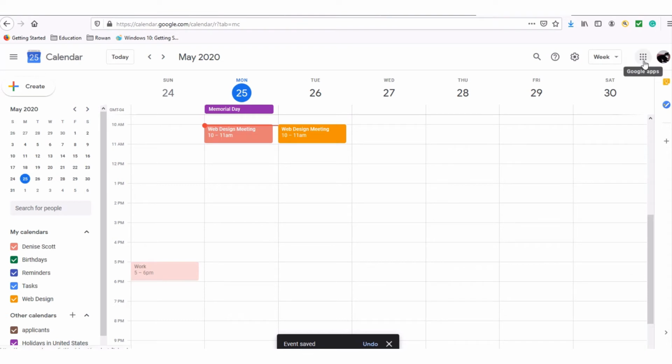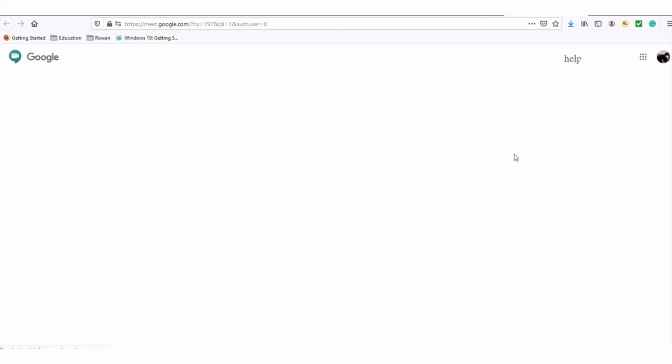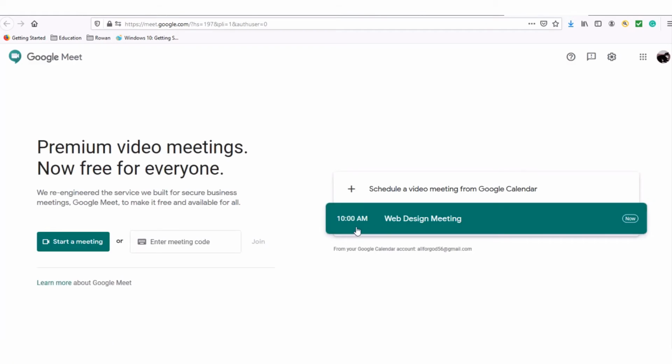Now we're going to go back to Google Apps, and we're going to click on Google Meet. And you can see that our meeting is right here. Now I have to tell you that I did get a notification on my mobile device that it was a web design meeting from 10 to 11 today. So I just want you to know that, and it does have the details in it as well. So I'm going to click on now,